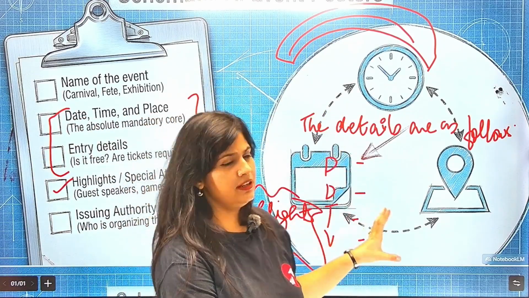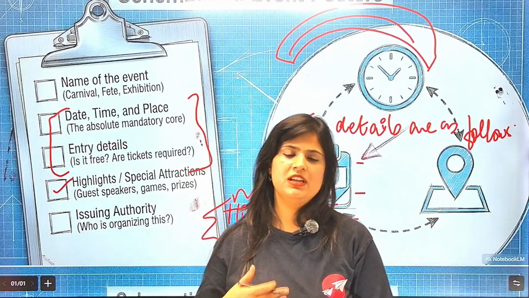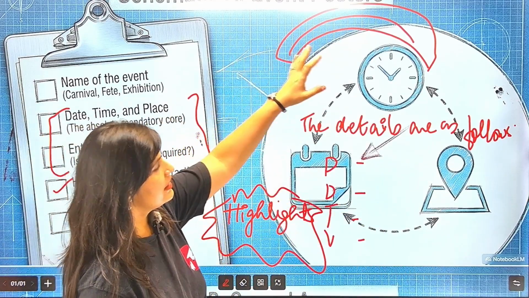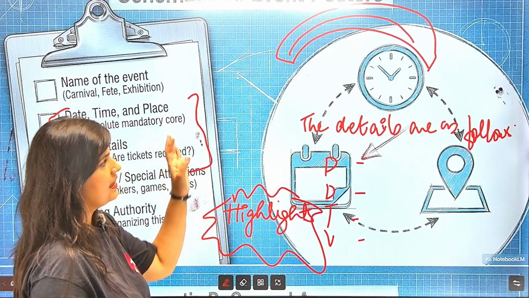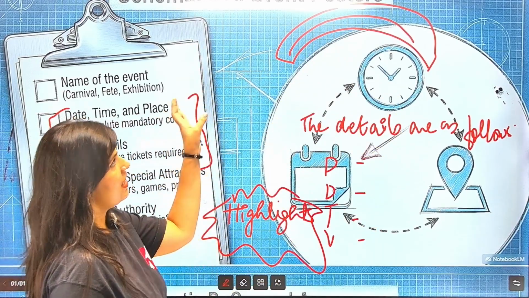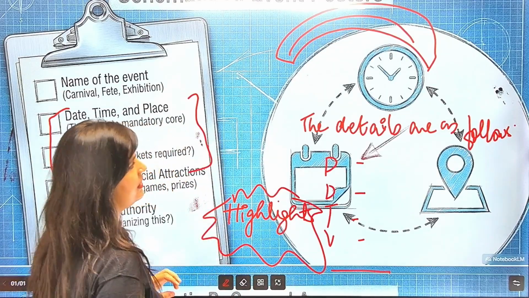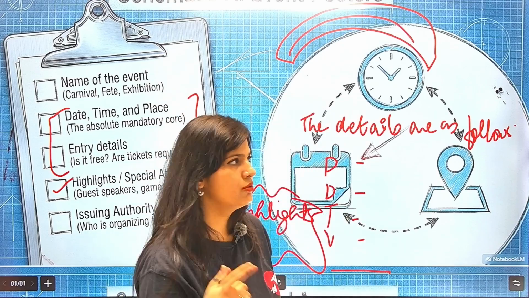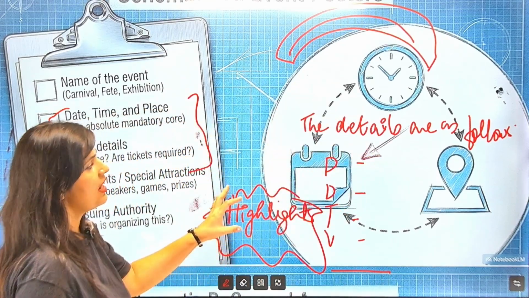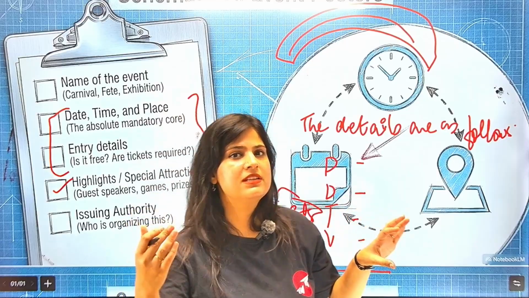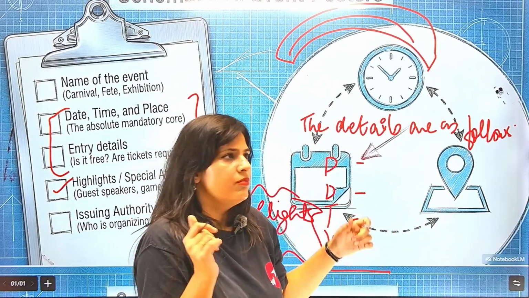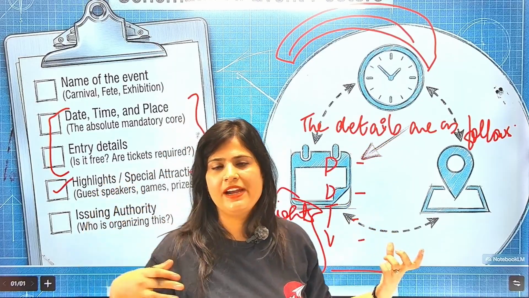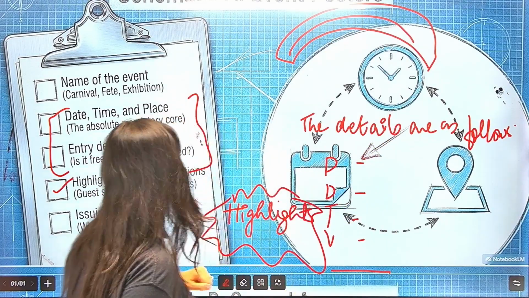Here I have not included any visual element. I have not included any visual element yet. So that means this is your basic, right? This is your basic. And afterwards, of course, you need to write your issuing authority, and then you need to draw a box around your poster. Those are the requisites that you need to do. But from here you can start with the poster. At least you will not sit blank in the examination hall. Just start writing it, and maybe when you start writing this, the ideas will flow naturally, right?